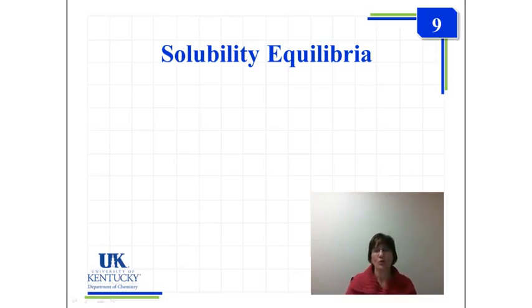We're going to learn how to write the reaction for the dissociation of these insoluble salts. We call it a solubility equilibria. We're going to write the equilibrium constant expression for these reactions, which we call the law of mass action. And so let's begin by